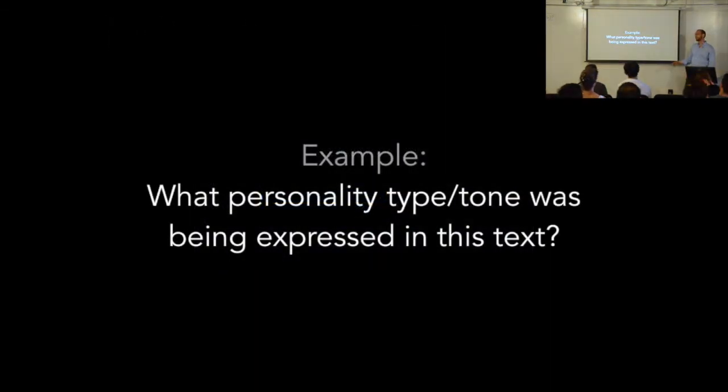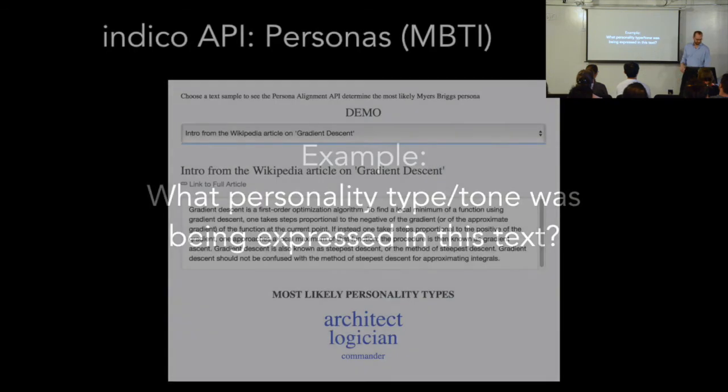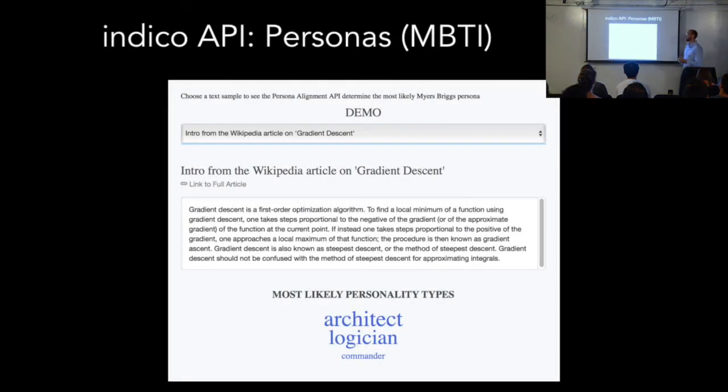What if I'm not so interested in the emotion the person is trying to express, but in who wrote the text, some personality-level characteristics about that person? You may or may not be familiar with the Myers-Briggs type indicator. This is a similar kind of thing. If we take the Wikipedia entry on gradient descent, one of the methods we use to train neural nets, which is kind of dry if you don't like that kind of thing, "gradient descent is a first order optimization algorithm," what personality types are most likely to have written that chunk of text? You find Myers-Briggs types associated with I and T and things like this. Cool.